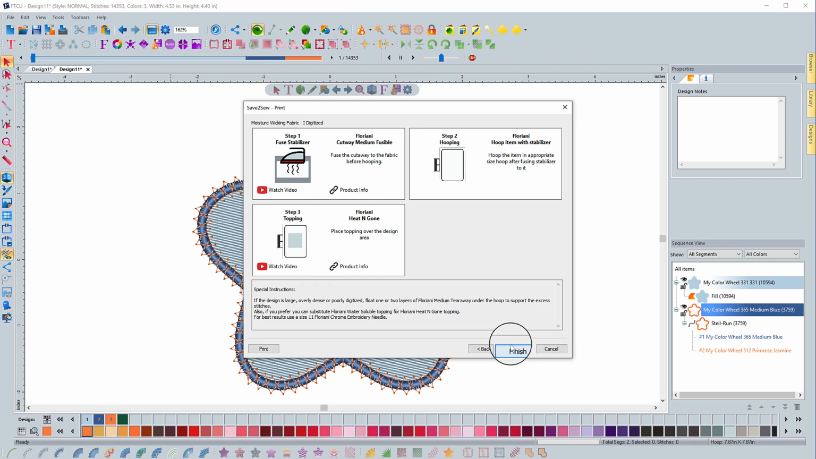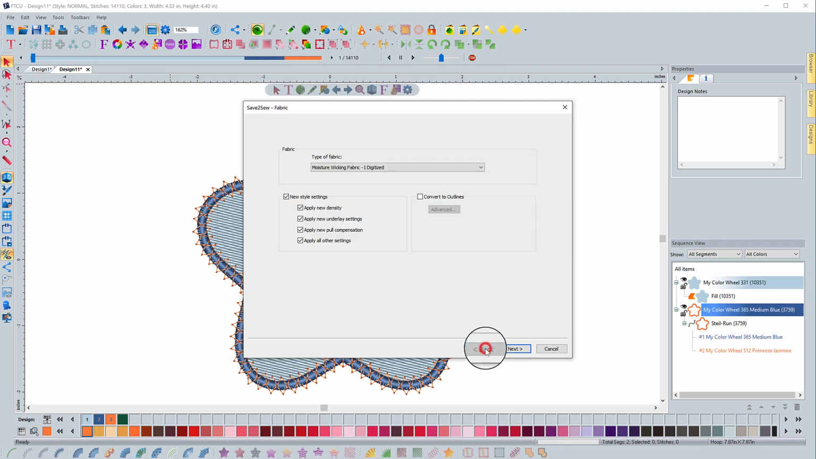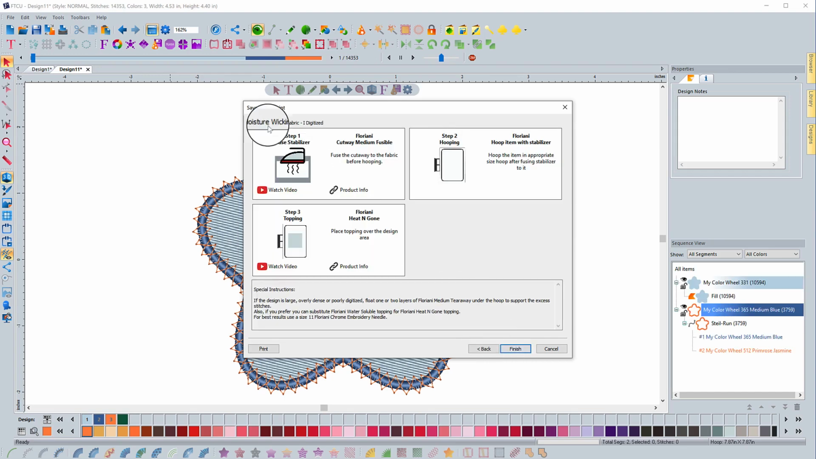So one other thing to point out, if I go back and get back into this section here, notice at the top that I have 14,110 stitches. I know it can be hard to see because it's kind of grayed out, but when I go to next, because I chose to apply new settings, notice that now I have 14,353. So it increased a little bit,